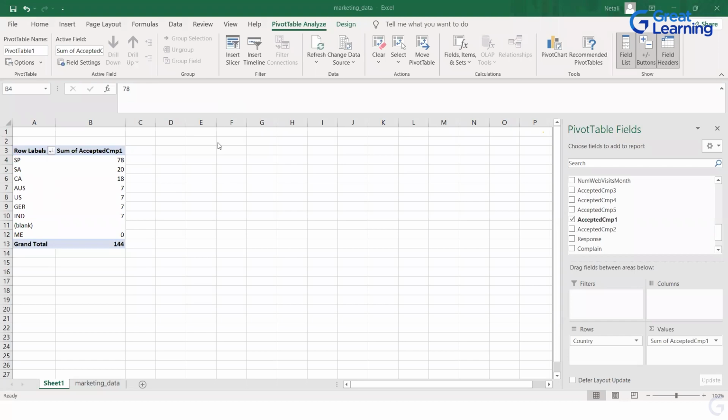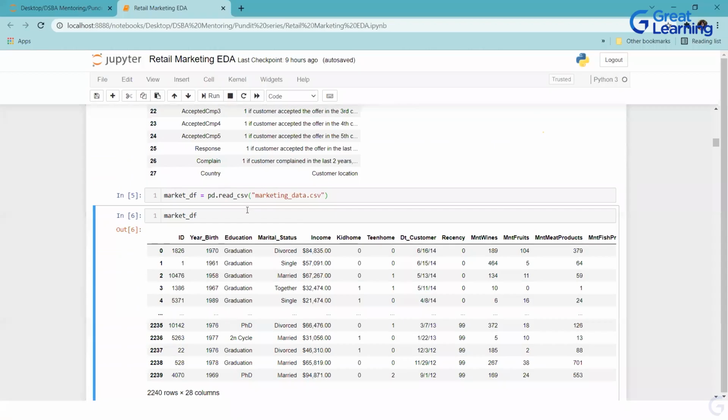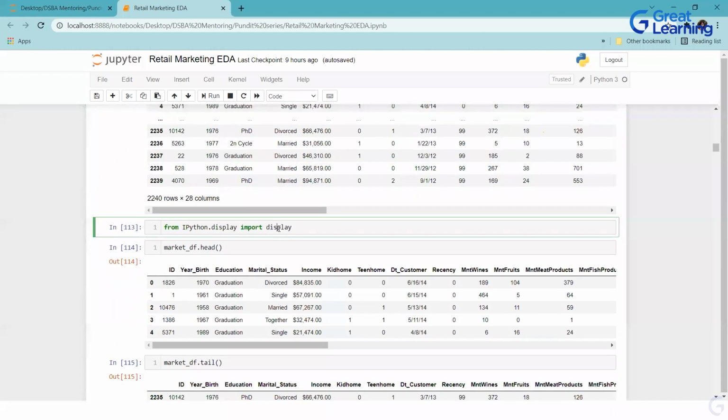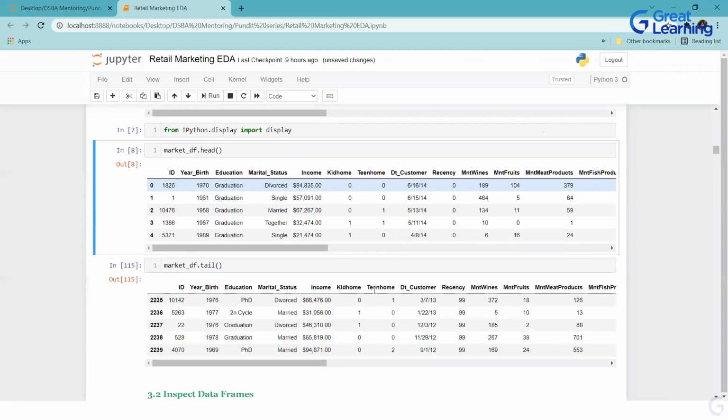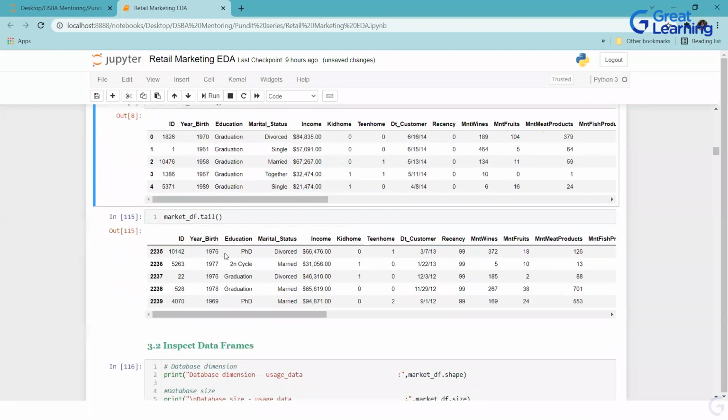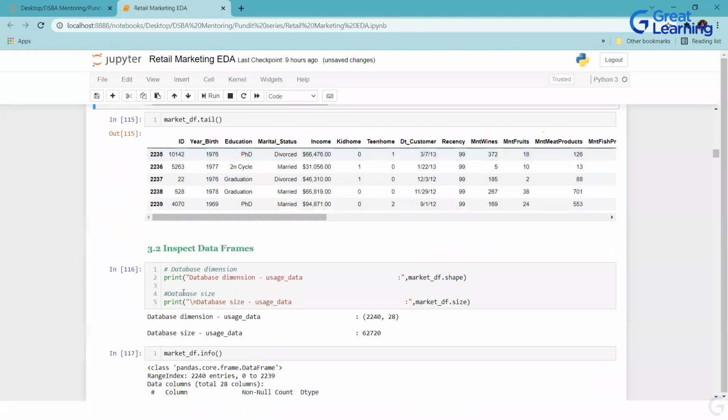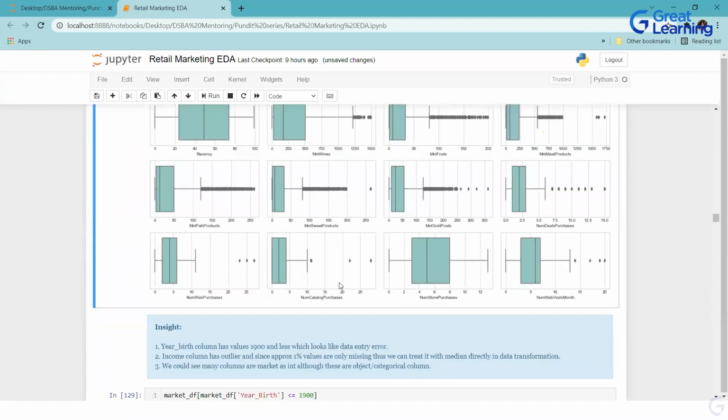Okay, so let's proceed. So this is the data we were having. Now this is just for the display and all. So head of the data, this is what you guys can see. Tail, you guys know this command, so I won't be spending time. You guys know the command shape. There's one more command, size. Can anybody tell me what the size command is? Let's figure out which are the ones.